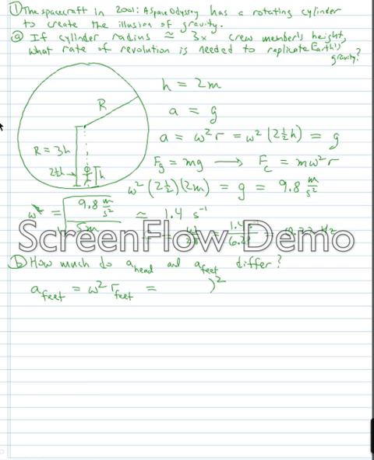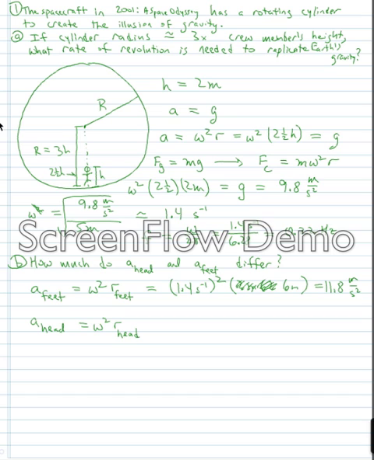which is, so omega is 1.4 per second. So that's omega squared times 6 meters. Whoops. Omega squared times 6 meters, which is 11.8 meters per second squared, and then the acceleration at her head is omega squared times the radius at her